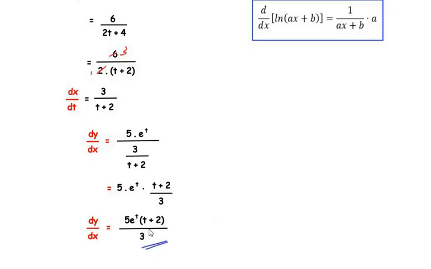So this is how we perform the parametric differentiation, and I hope you have understood all the steps and liked